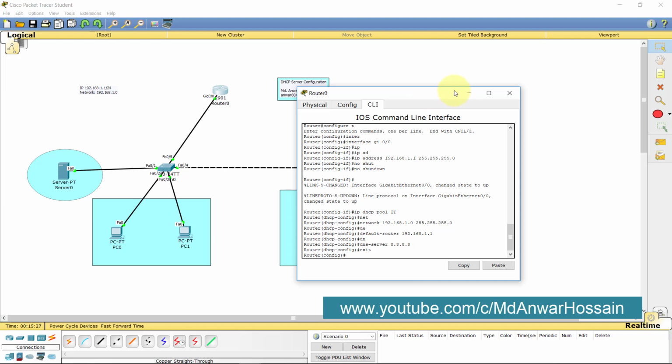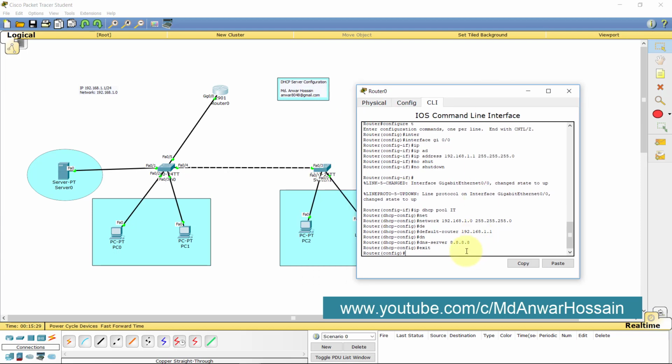Here I will show you that within this DHCP range we will exclude some IP addresses that we will keep for our server or our printer. Whatever we need, we will reserve some IP addresses out of these IP ranges.